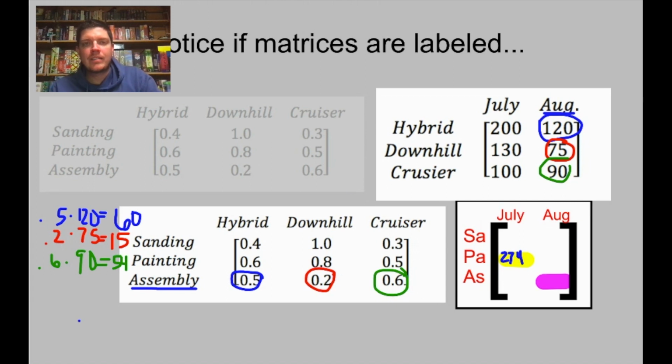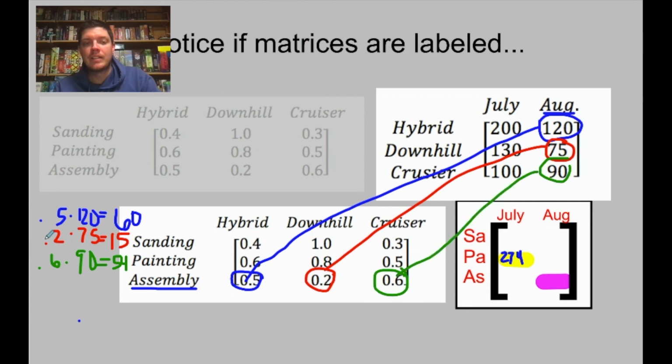And then let me just reiterate because I want to make it crystal clear. So I started by multiplying the farthest numbers together. Then I multiplied my middle numbers together. And then I multiplied my inner numbers together. And now I'm going to add all of those things up together. So if I add all of these up together, let me grab my calculator. 60 plus 15 plus 54 ended up equaling 129. And that's the number that would go right here,